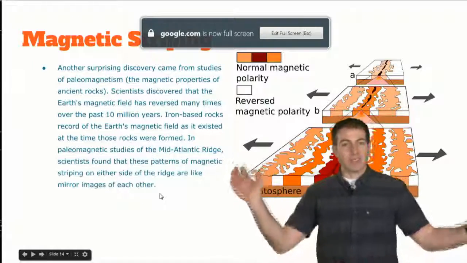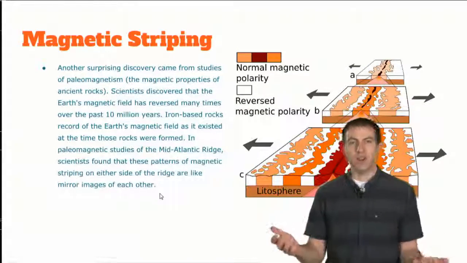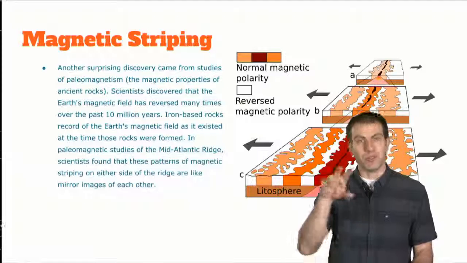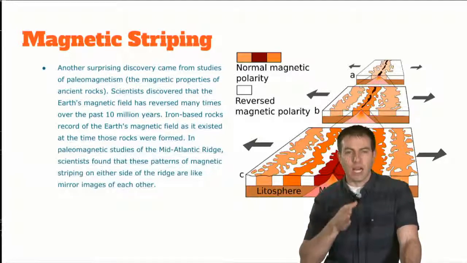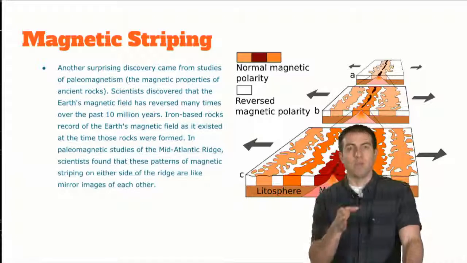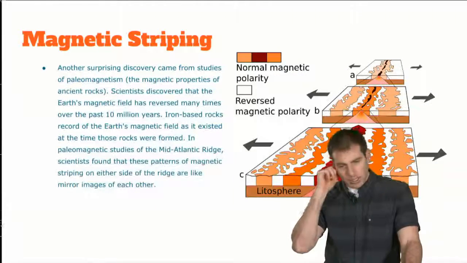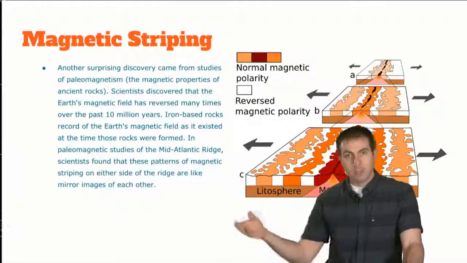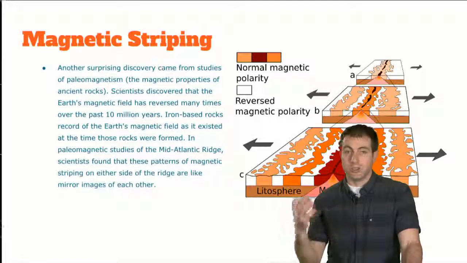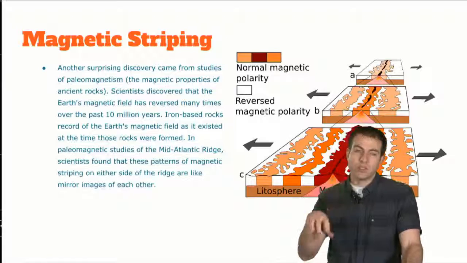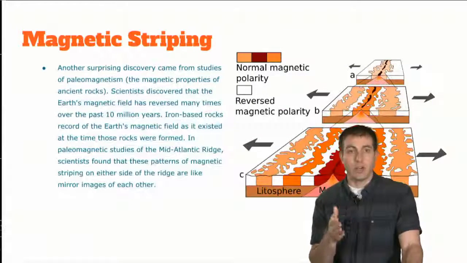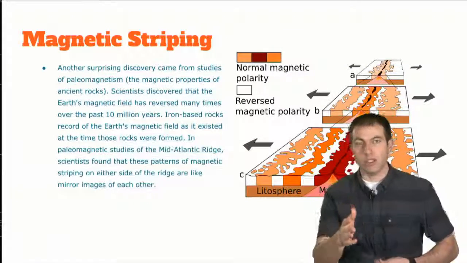So nobody asked, how do we know, Mr. Borden? How do we know that the magnetic poles flip? We know it's moving, but how do we know it flips? So if you think about that line down the middle of the Atlantic Ocean, the mid-Atlantic rift, we call it. As we got better at developing technology and recording, and being able to look at rocks, we started doing studies at the bottom of the ocean and on rift valleys, like the one I showed you in Iceland,